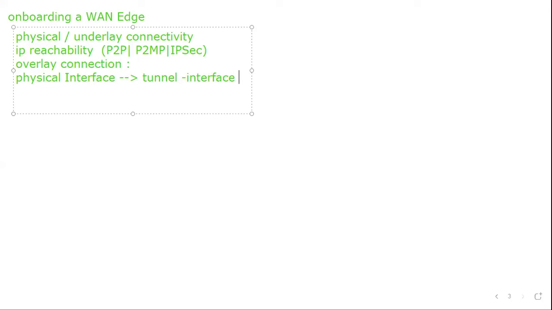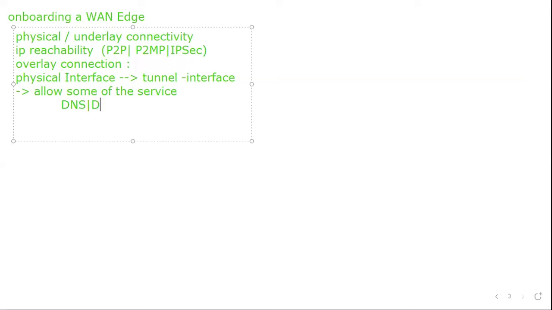And within that tunnel interface, we need to allow some of the services. The default services are DNS, DHCP, and netconf, which we need to allow.